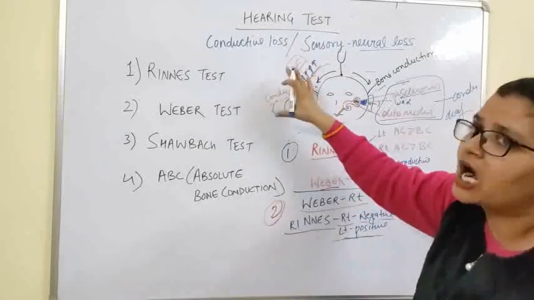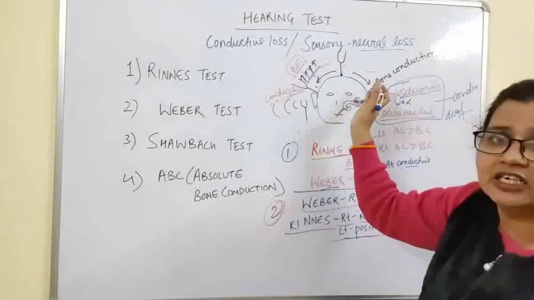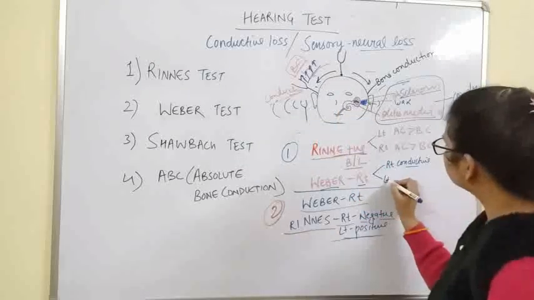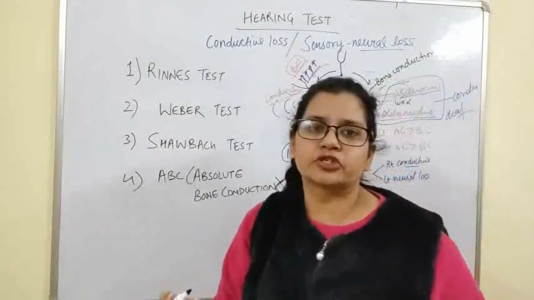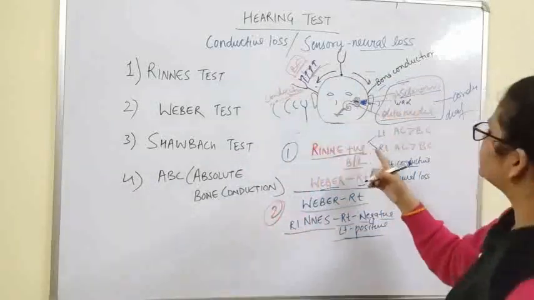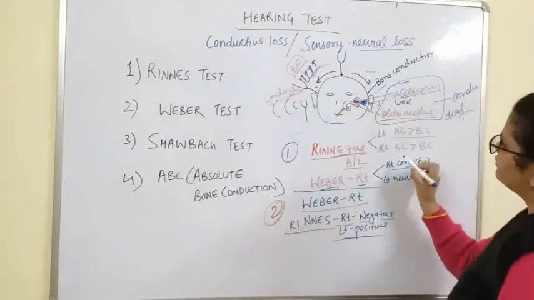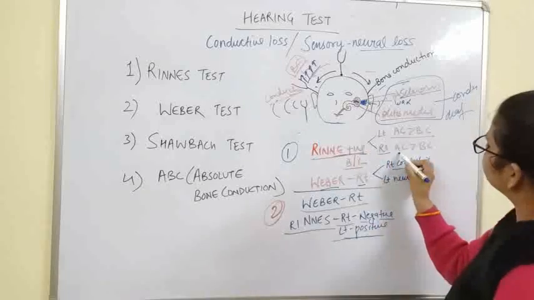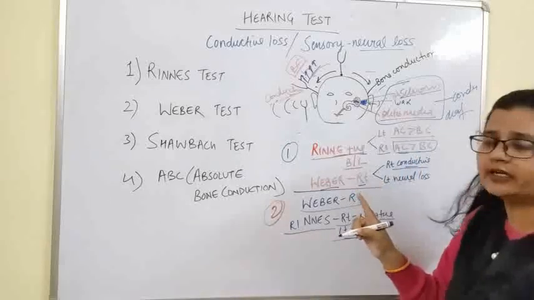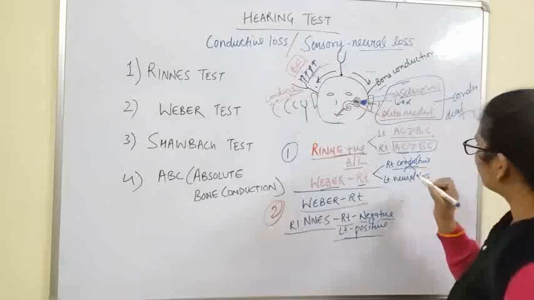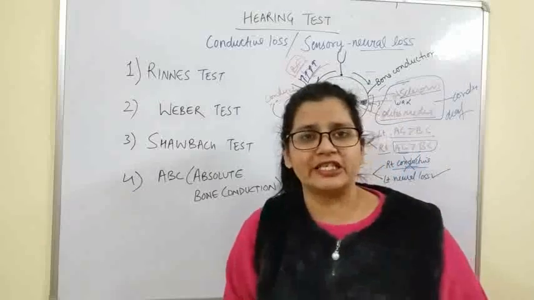Second thing, there can be high sound on this side because there is less sound on that side, less hearing, meaning hearing is affected because of neural loss, right? So there can be opposite side neural loss. So how do we then distinguish which condition is true among these? By Rinne's test. Do you think on the right side, when we performed Rinne's test, AC is better, and this proves that there is no conductive deafness, right? So this is wrong. That means the real answer is the opposite side neural loss.